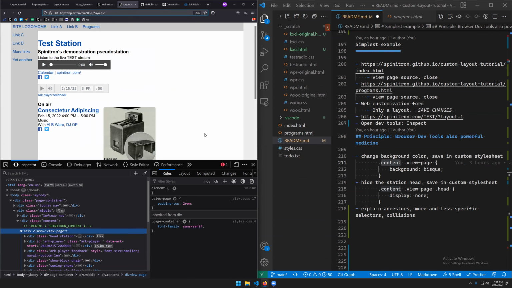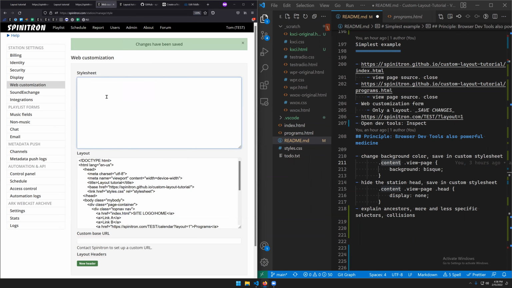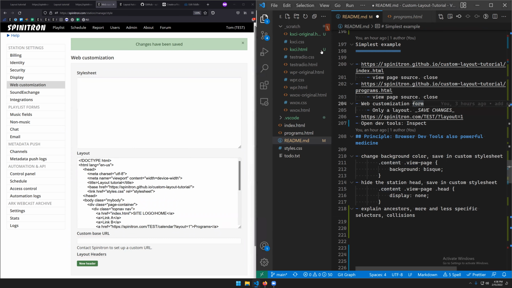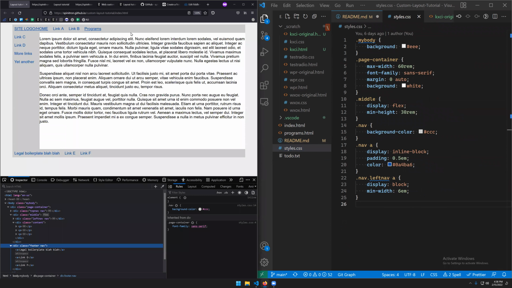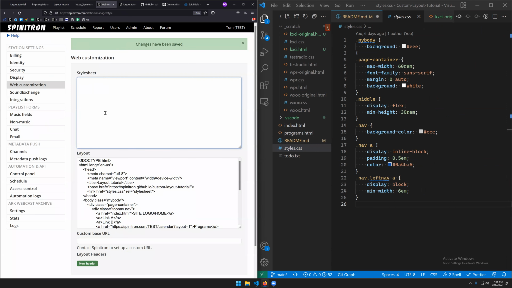And then once I'm satisfied with a change, I don't have to do it all at once, I can copy it and set up the style rule in here. I would recommend doing this also with a text editor, like over here. Where is it? There's my style sheet there. Actually, that's confusing. I'm sorry. That's the style sheet for that page, right? That's the style sheet that sets up the layout itself, that positions these and colors them and makes sure that these are vertically oriented and all that stuff. But I would recommend doing this actual hacking work, not directly using Spinitron as your editor. I would recommend using a